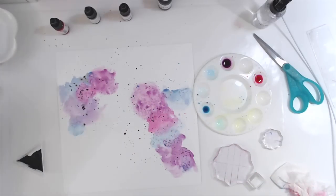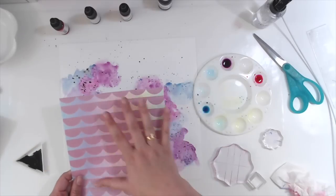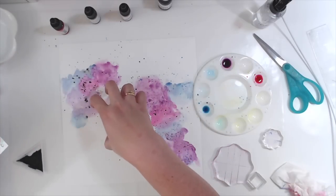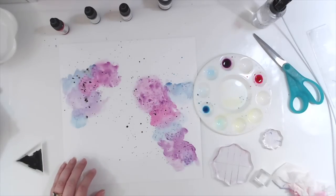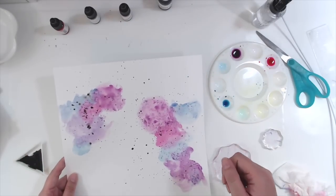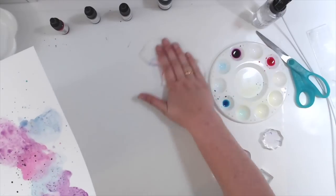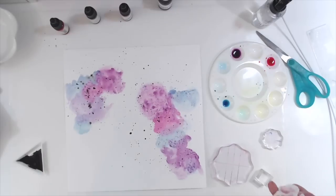And so my thought is I'm going to kind of do something in here. I'll probably trim these papers up a little bit and use it, but kind of put the photo here, and we're going with a look that way. So I'm going to let this dry. I might hit it with my heat gun if I can figure out how to plug it in, because I've not plugged that sucker in since I moved around my scrapbook room. So I'm going to go do that, and then I will come back when this is dry, and we'll see